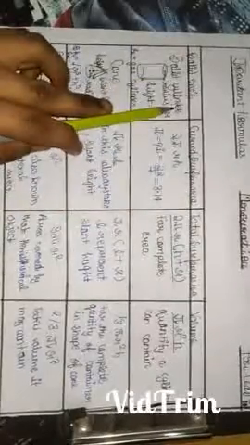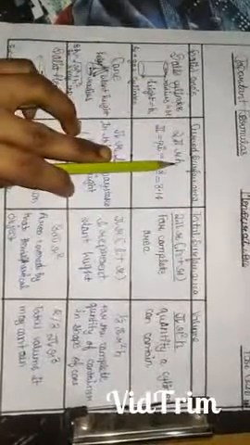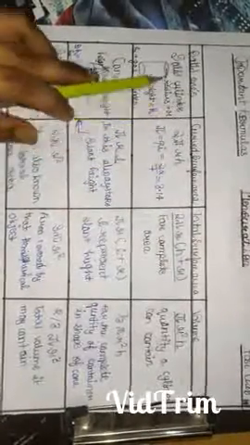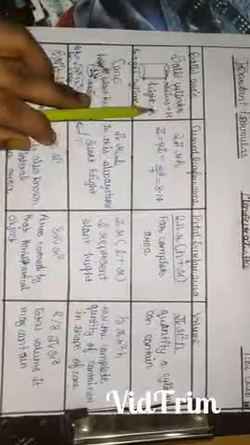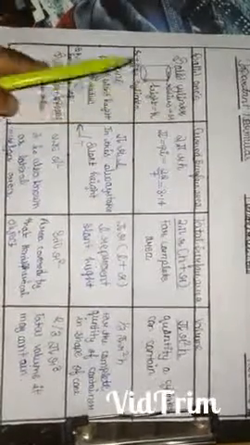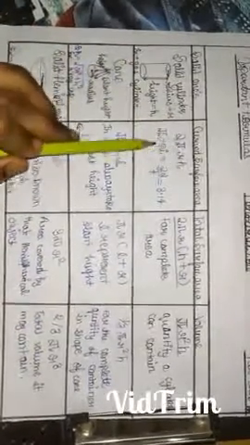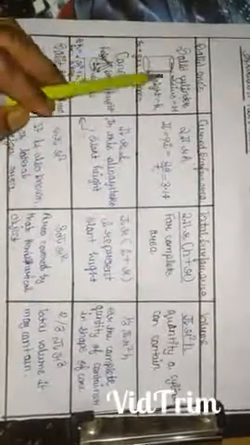In this, the curved surface area of the solid cylinder is 2 pi rh. The radius for the cylinder is this, and the height for the cylinder is this. In this pi, the value of pi is 22 by 7. If in the question the radius is given in even digits, then the value of pi you can use is